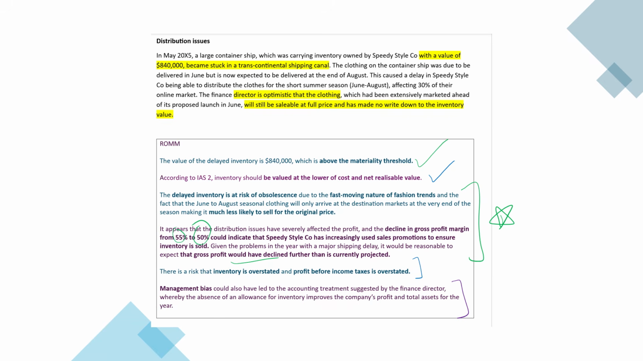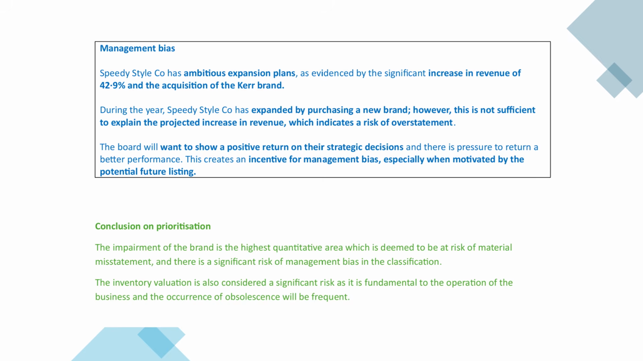So I'm now suggesting that this overstatement of inventory and profit could be because of management bias. So I'm linking it to a valid reason or valid indicator of bias. In addition to a discussion of management bias related to specific risks, I should ideally be able to come up with a conclusion. Over here, I'm going to be getting some additional technical marks by commenting on the increase in revenue. So I could start off by saying that the company has ambitious expansion plans and there has been a